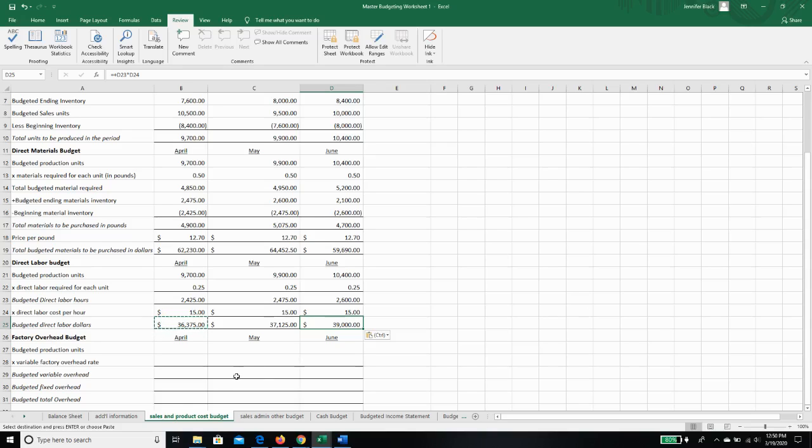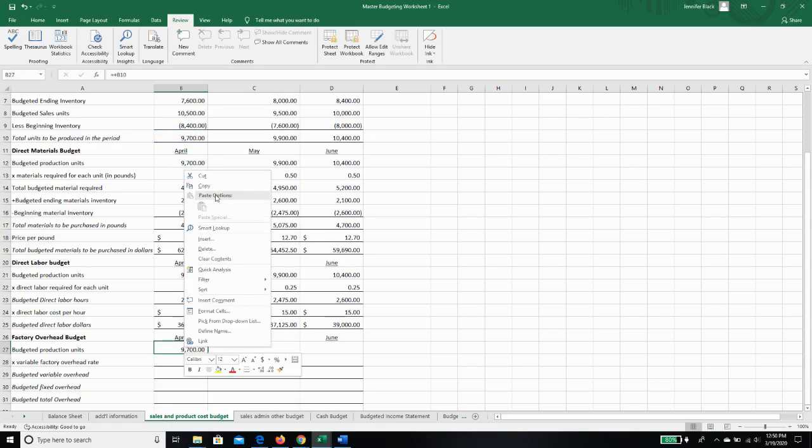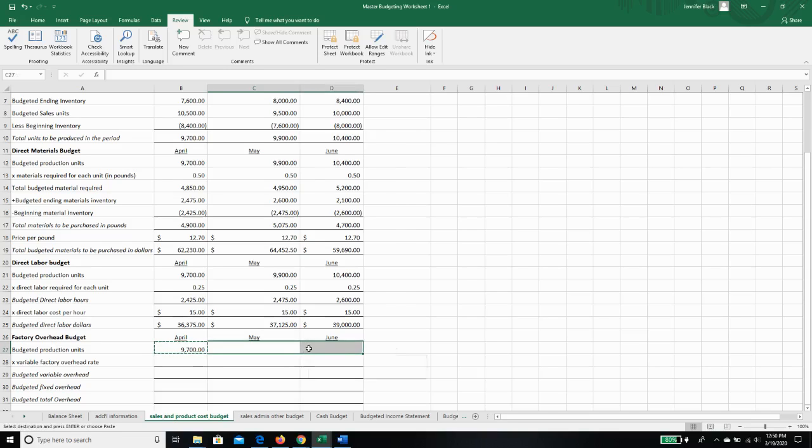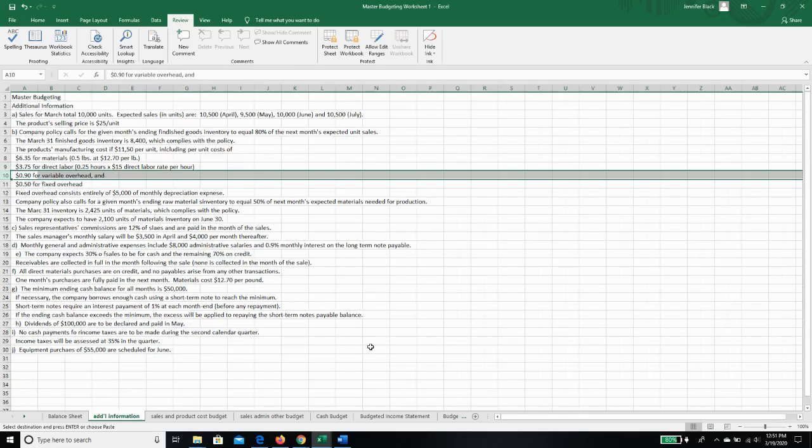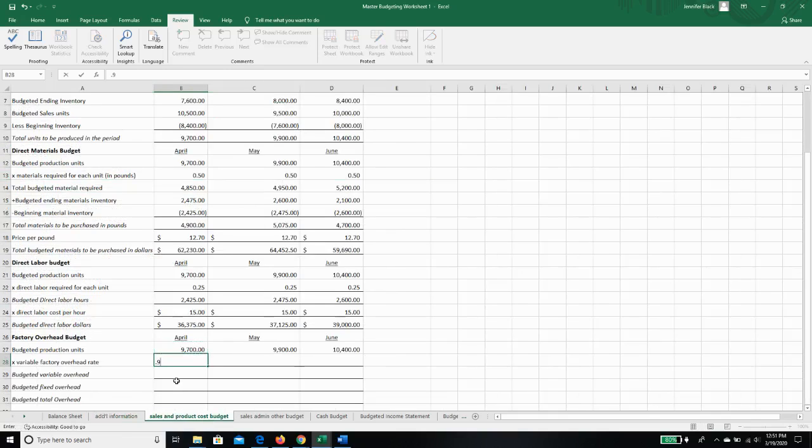So to calculate our factory overhead budget, we are going to start with our production units, just like we always do. I'm just going to copy those over. Okay, times our variable factory overhead rate. So if I go over here on row 10, I see our variable overhead rate is 90 cents per unit. So I'm going to enter 0.9. And when I multiply the number of units I'm going to make times my variable overhead rate per unit, I get